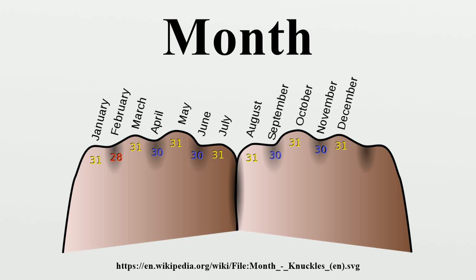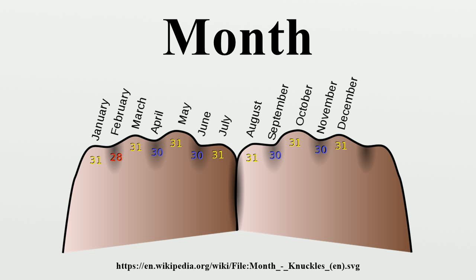An anomalistic month is the average time the moon takes to go from perigee to perigee, the point in the moon's orbit when it is closest to Earth. An anomalistic month is about 27.554555 days on average. The draconic month or nodal month is the period in which the moon returns to the same node of its orbit. The nodes are the 2 points where the moon's orbit crosses the plane of the Earth's orbit. Its duration is about